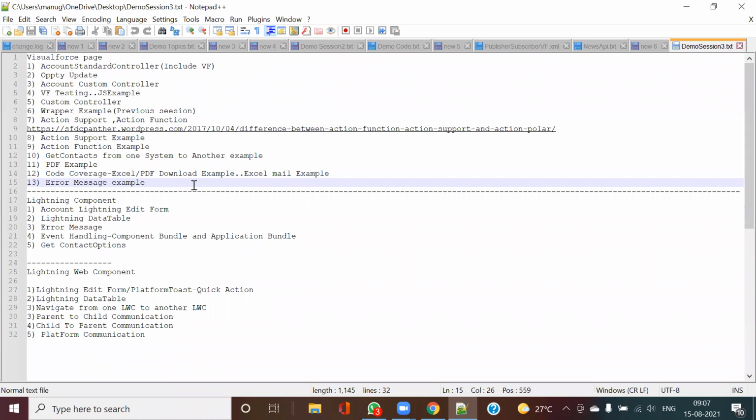That is the first point. The reason I first want to cover Visual Force pages is Salesforce Classic, and after that Lightning components. I believe I explained the differences last time: the difference between Visual Force pages, Salesforce Classic, and Salesforce Lightning.